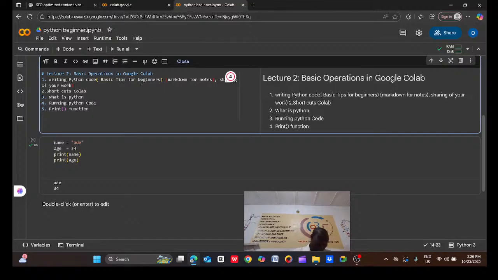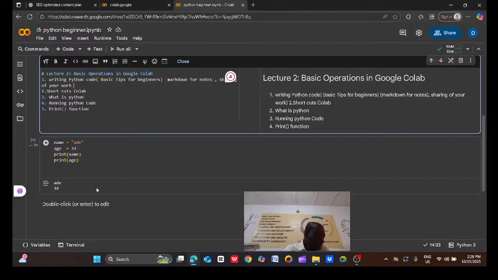Without wasting our time, the first one which I said we are going to learn about is markdown. What do we really mean by markdown? Markdown is a kind of format which you use in adding explanation to your text.